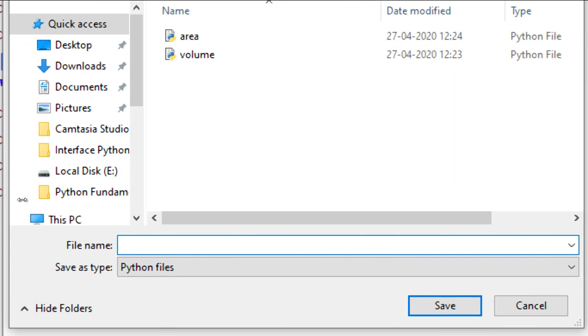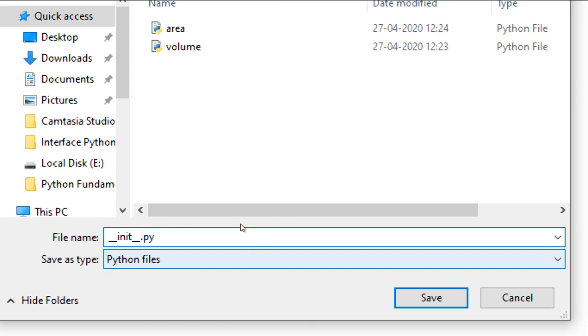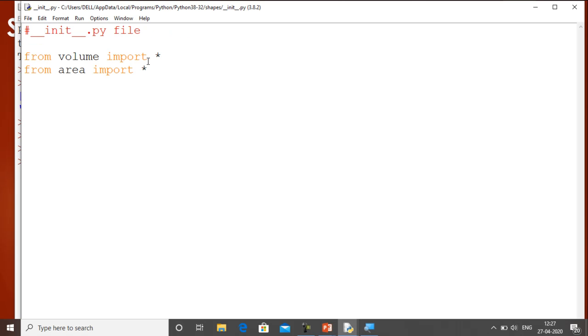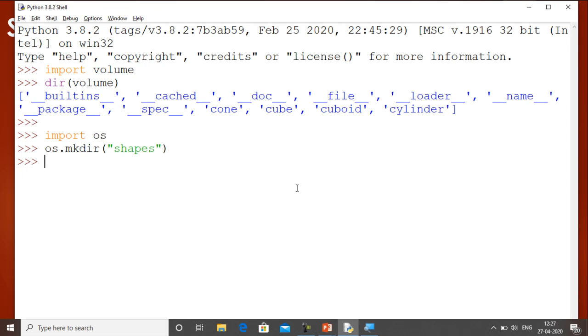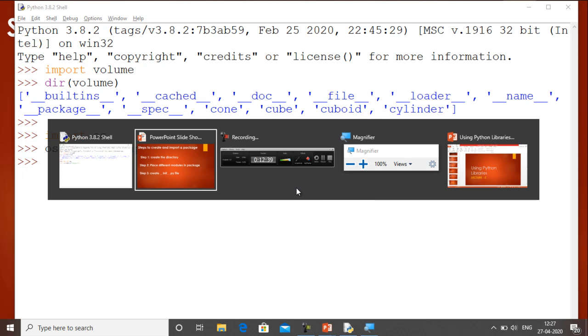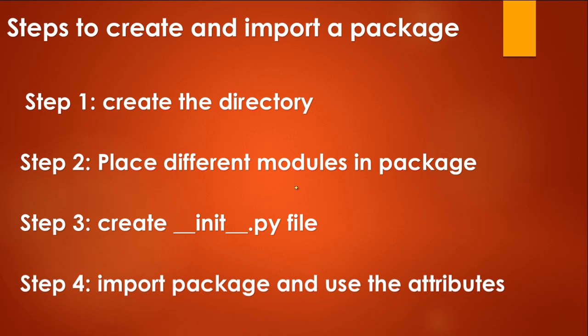So you have to give the name of the file as __init__.py. After giving the name, just save the file. Now you have created an init file also in your shapes folder. Now what will be the next step after doing this? Now import the package and use the attributes.